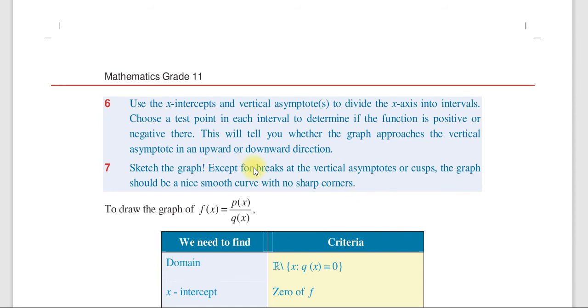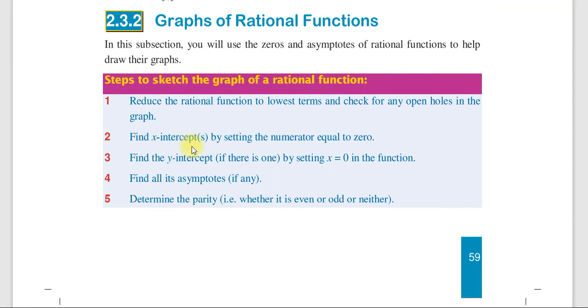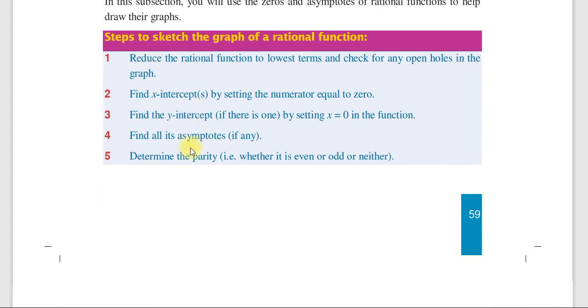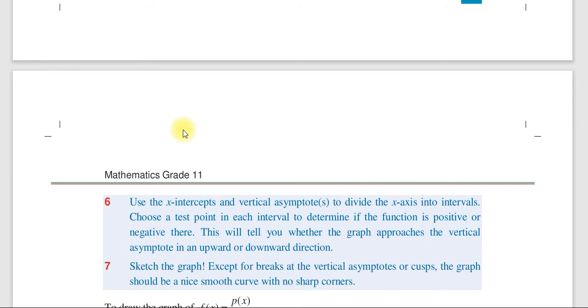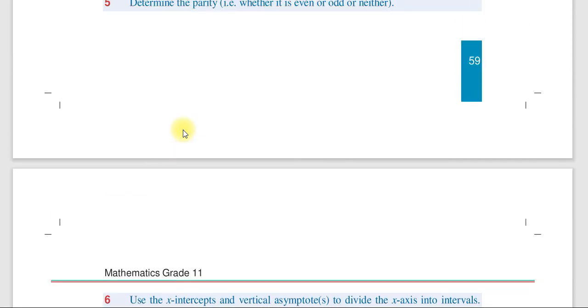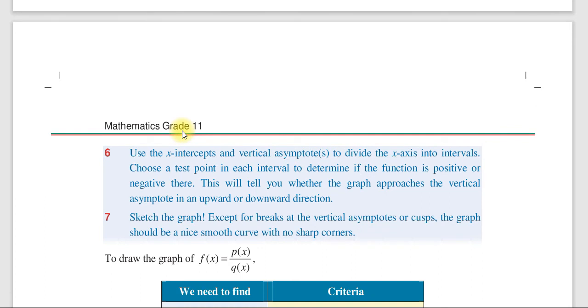sharp corner ይላል። እንደዛ አድርገን መሳል እንችላለን እነዚህ ሰባት ነገሮችን በመገንዘብ ምናልባት እዚህ ጋር የተቀመጡት ነገር ኤግዛምፕል እስክናይ ድረስ ግልጽ ላይሆኑ ይችላሉ። ኦኬ ግን በቀላሉ ምንድነው የምናደርገው ሁሉንም ሰባቱንም ባንረዳ የመጀመሪያው ምንድነው የሚጠበቅብን ሪዱስ ማድረግ ነው ወደ ላውስት ፎርም ማስቀመጥ ከዛ በኋላ ኤክስ ኢንተርሰፕት እንፈልጋለን ከዛ ዋይ ኢንተርሰፕት እንፈልጋለን ኦኬ። ከዛስ አሲምፕቶቶች አሉ አሲምፕቶት ቨርቲካል አሲምፕቶት ሆሪዞንታል አሲምፕቶት ኦብሊክ አሲምፕቶት ያለን እንፈልጋለን ማለት ነው ከዛ በኋላ ኦድነስ ኢቭንነስ ቼክ እናደርጋለን